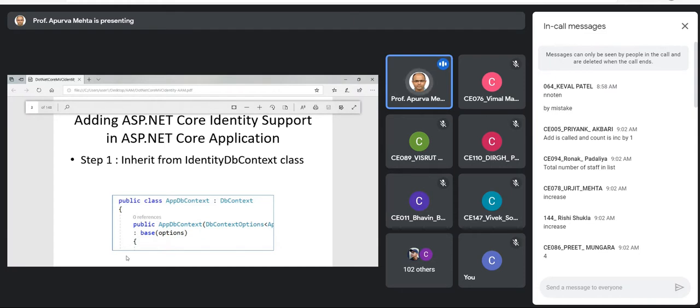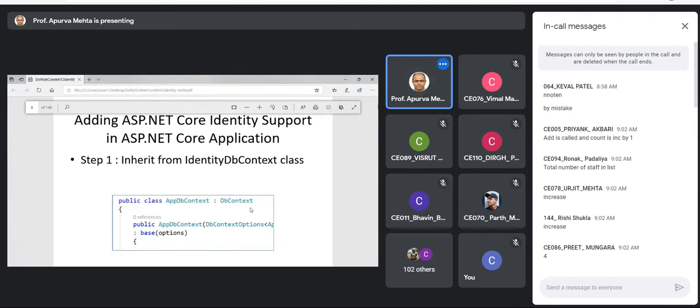The name could be anything, but we must ensure that it inherits from DbContext. It need not be suffixed with DbContext. It could be AppModel, StaffModel, AppDb, StaffDb. You can give any name you want, but it must inherit from DbContext.